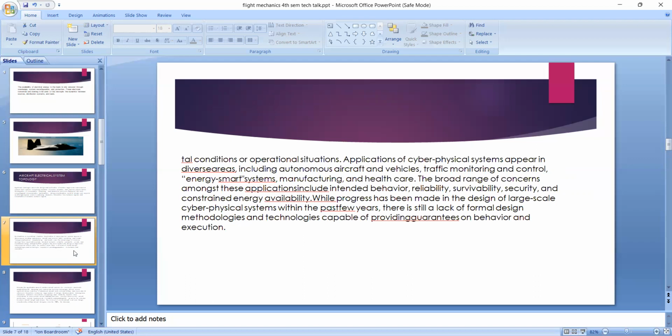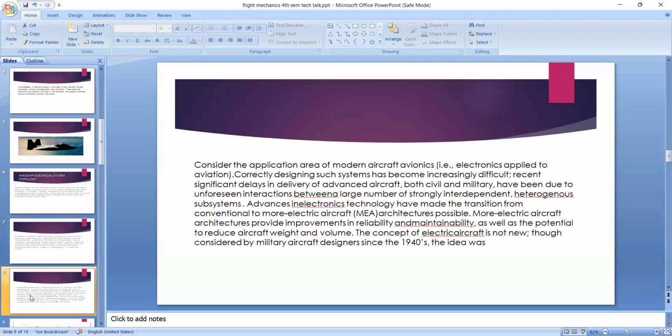While progress has been made in the design of large-scale cyber-physical systems within the past few years, there is still a lack of formal design methodologies and technologies capable of providing guarantees on behavior and execution. Consider the application area of modern aircraft avionics, electronics applied to aviation. Correctly designing such systems